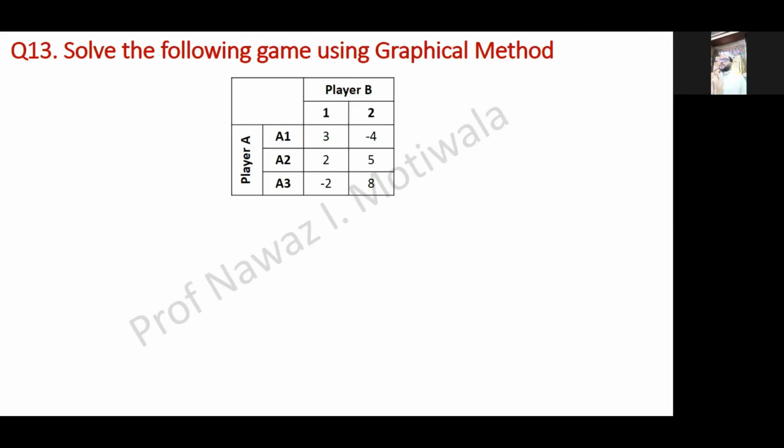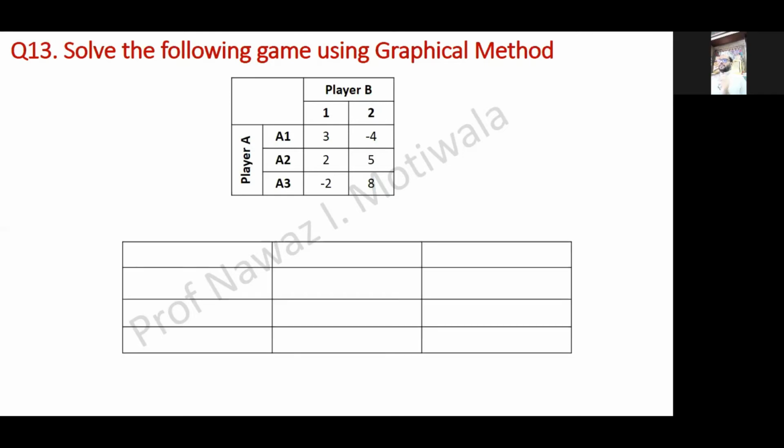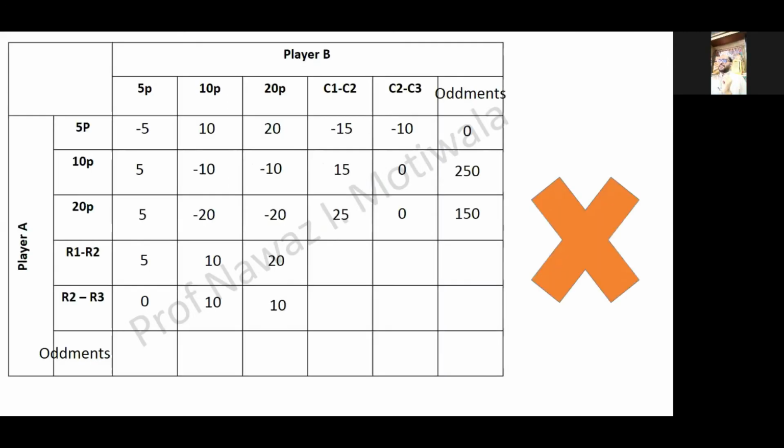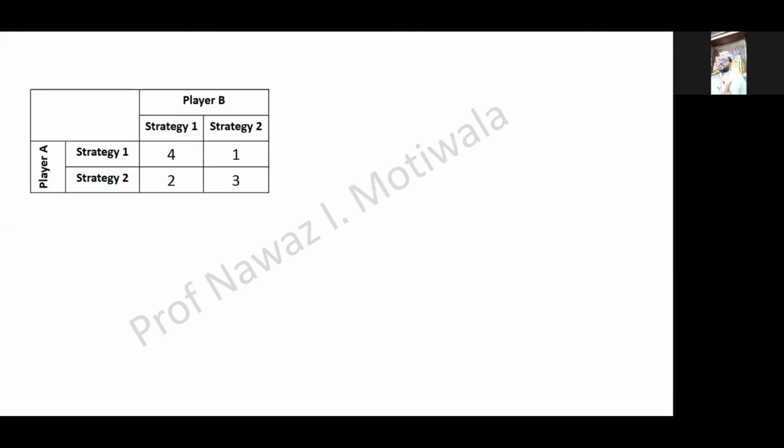So in this problem you can see there are 3 rows but the number of columns is 2. So we can proceed further with the graphical method in this case, and it is also given in the question: solve the following game by graphical method, so you have to follow the graphical method only. So for graphical method we have to make a table like this. One more thing, the conceptual thing which we will learn today. I will go back to my previous slides and show you what concept I will apply in this part.